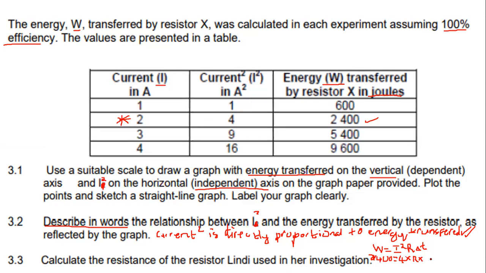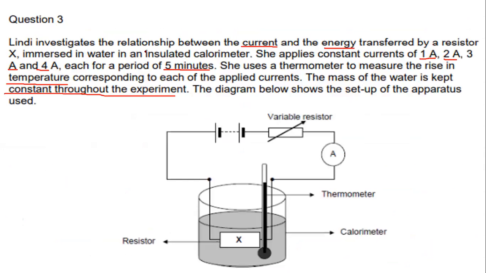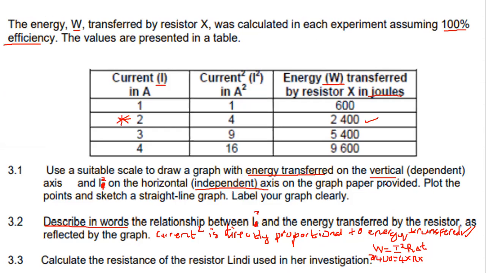Multiplied by delta T. Now remember, they said she applied the current to the resistor for 5 minutes. And we know in our formula, my dear learners, we cannot use that time in minutes. It has to be converted to seconds altogether. So how do we do that? We know that in 1 minute, we actually have 60 seconds. So in 5 minutes, we have